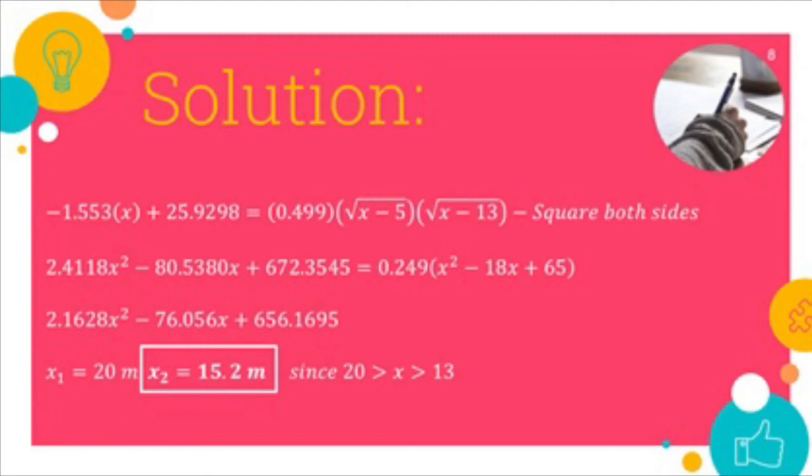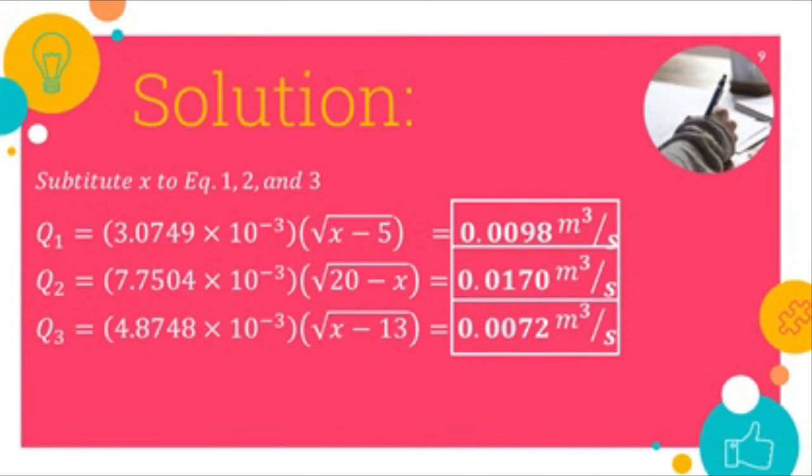And now we can get the value of x. For the first value, x is equal to 20 meters and the second is 15.2 meters. But since x is less than 20 meters but greater than 13 meters, the final answer for the elevation of the piezometer is equal to 15.2 meters. So since we got the value of x, which is 15.2 meters, and by substituting it to the previous equations,